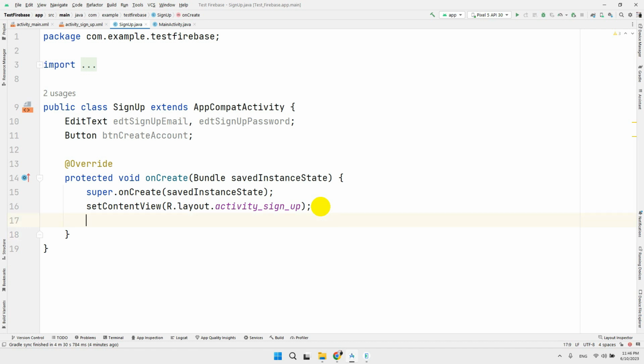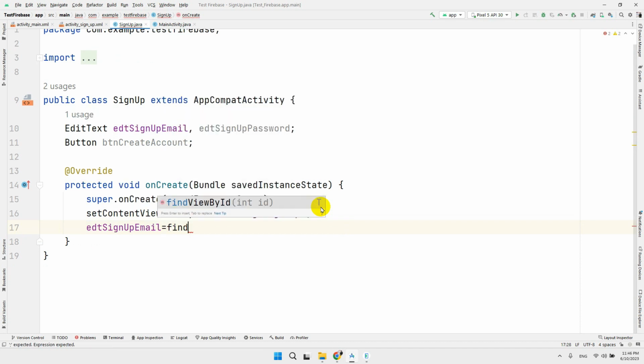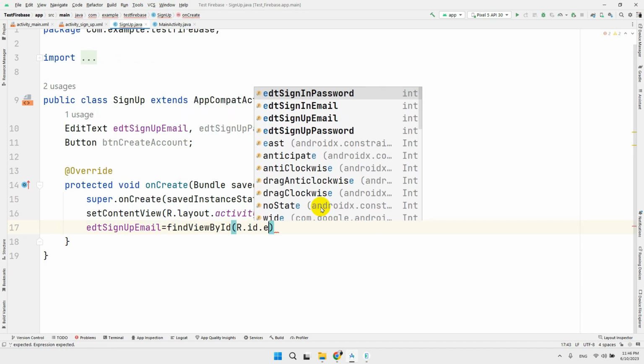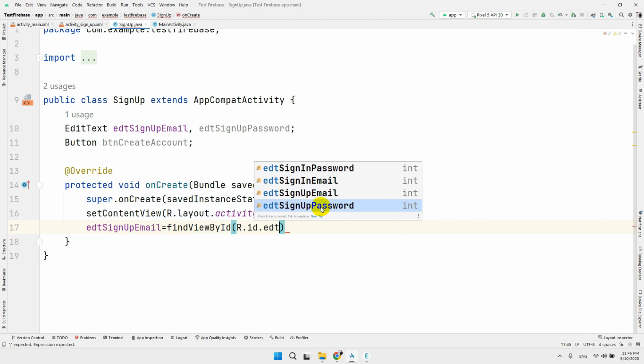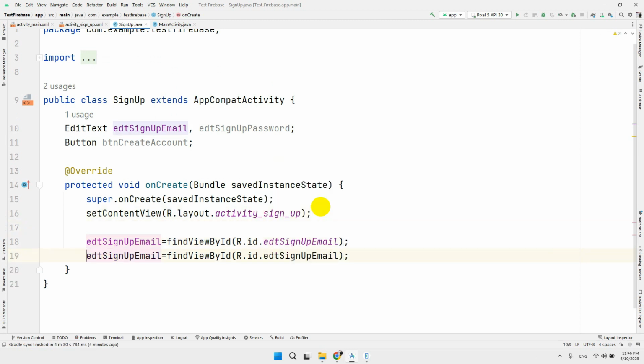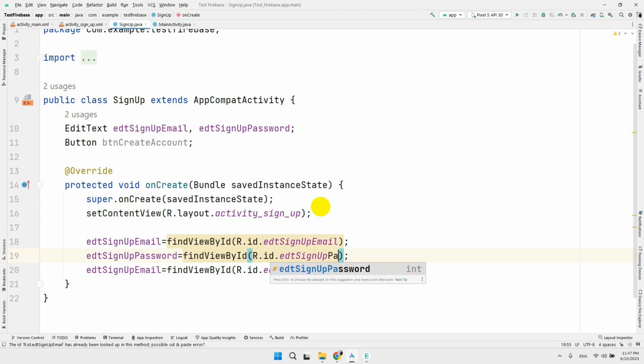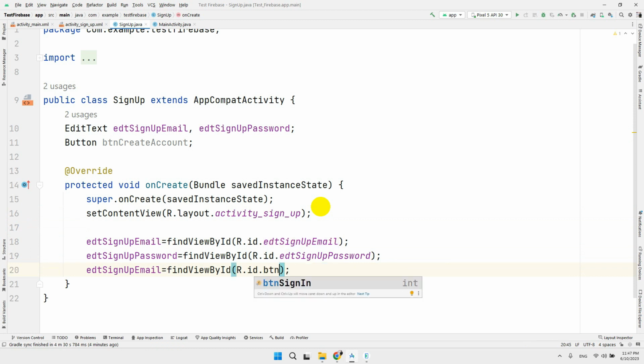So we need to bind the controls: edtSignUpEmail, findViewById R.id.edtSignUpEmail. Just copy this code 3 times and now change this for password, and this for holding the btn